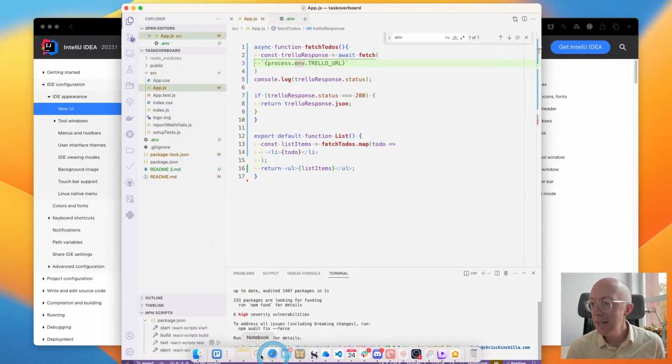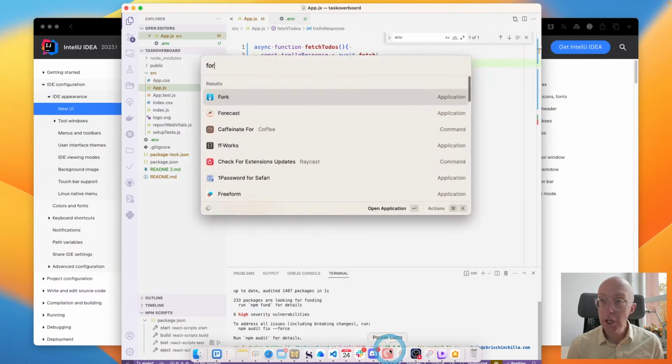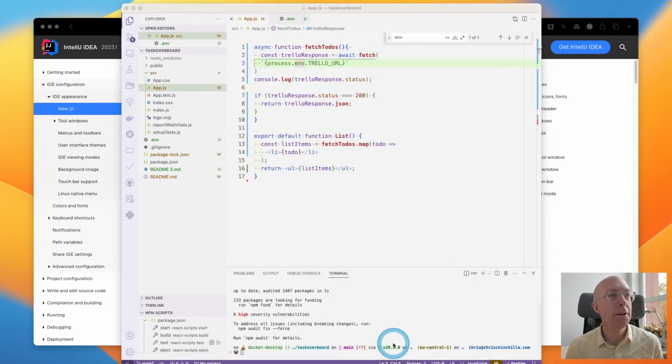I might actually just change the branch back to the Flutter version, just because the React version won't really work quite right yet.